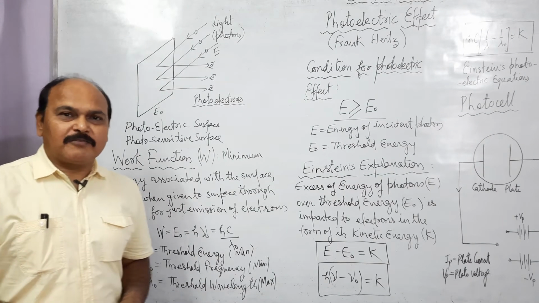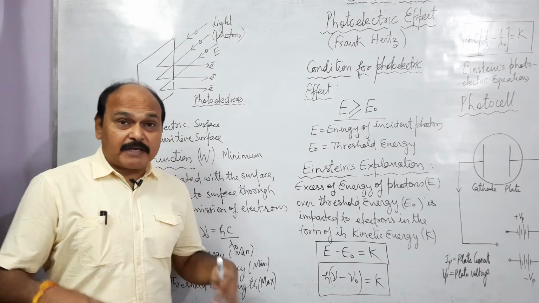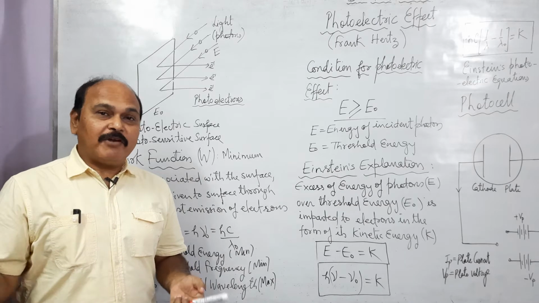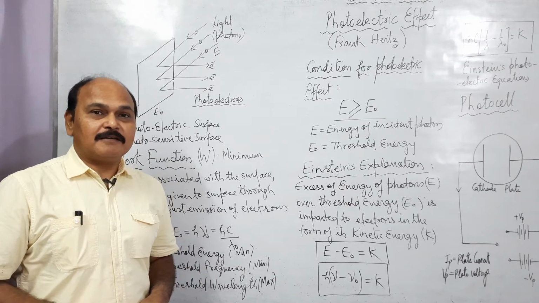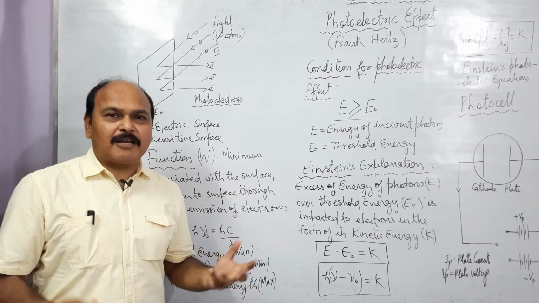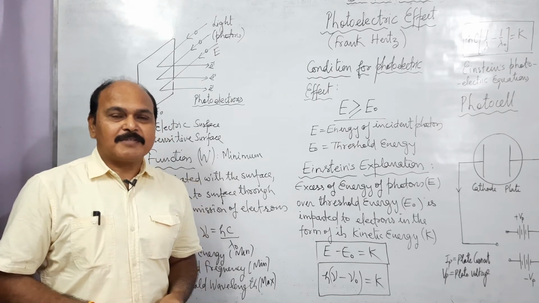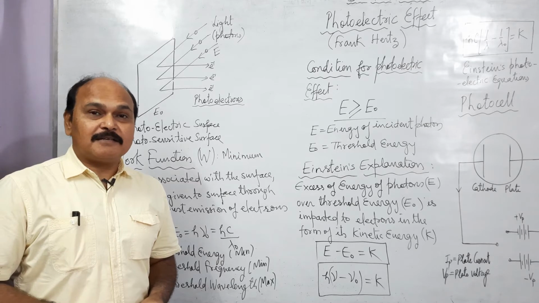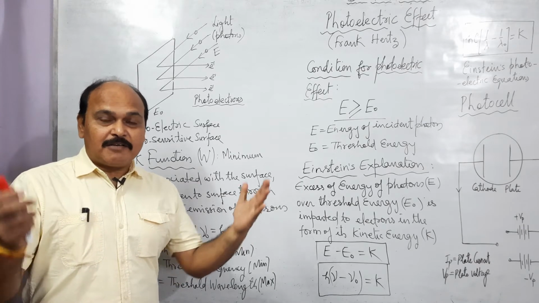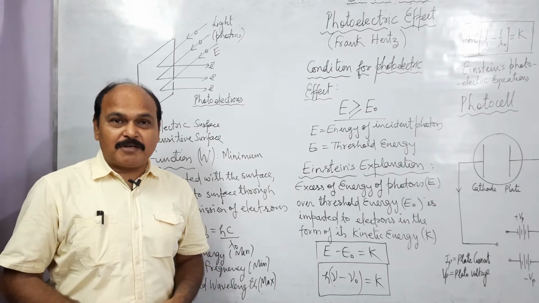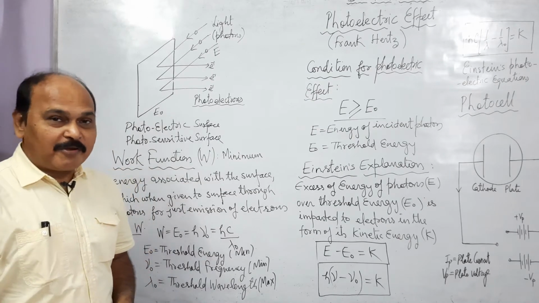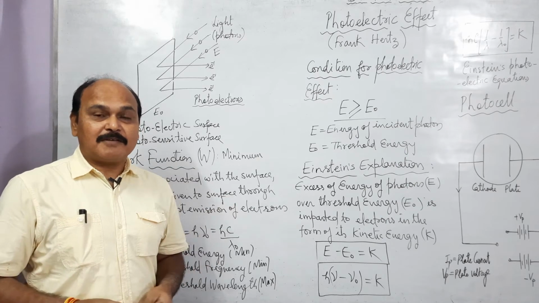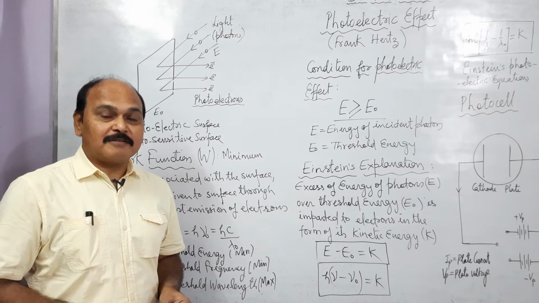Well, what is photoelectric effect? In photoelectric effect, electrons are produced by a surface when light falls over it. There are other ways of getting the electrons from a surface. One of them is what? Field emission. You have studied in class 10th. In field emission, a very high potential difference is created between cathode and anode. And because of this very high potential difference, cathode rays are produced. Cathode rays consist of electrons.